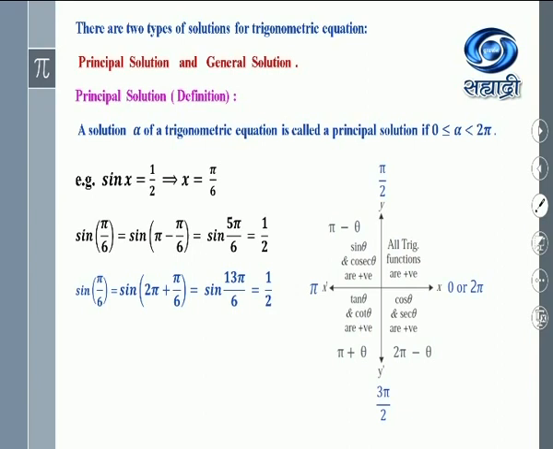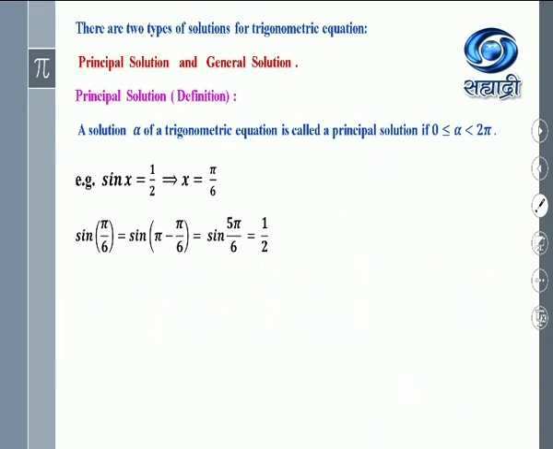Now sin pi by 6 we can write as sin of (2 pi plus pi by 6) also. Why? Because after having one complete rotation, if we come to the first quadrant again, then we have the angle 2 pi plus pi by 6. Add this, you will get sine of 13 pi by 6, which is again 1 upon 2. Okay, but 13 pi by 6 does not belong to the interval alpha less than 2 pi and greater than or equal to 0. Therefore, we discard that value and consider only two solutions, pi by 6 and 5 pi by 6.